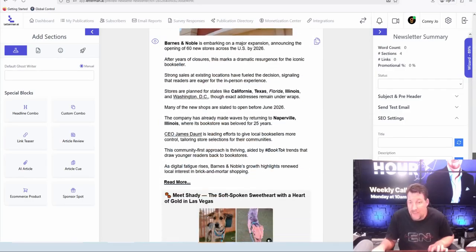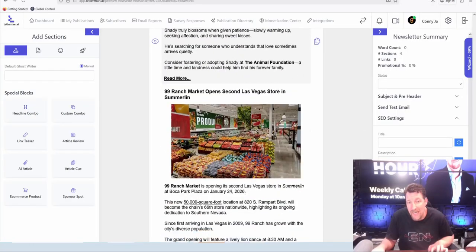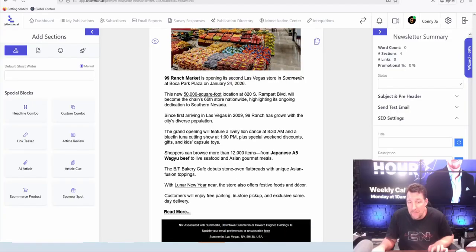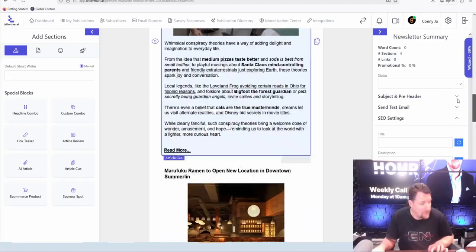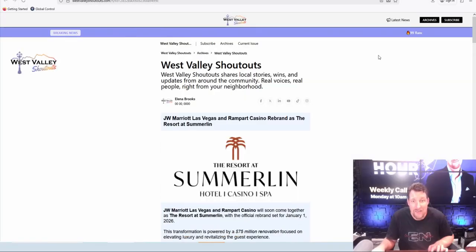What we prefer to do is have separate blocks so that we're able to highlight our sponsored blocks and stuff like that, and our blocks from other publications, which you'll learn about. But yeah, that's how we pull in these articles to the newsletter. And if I were to go ahead and click this eyeball here, you're going to see that